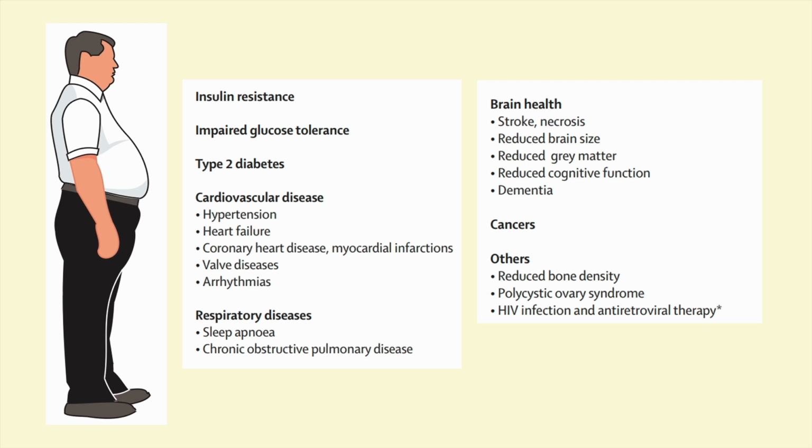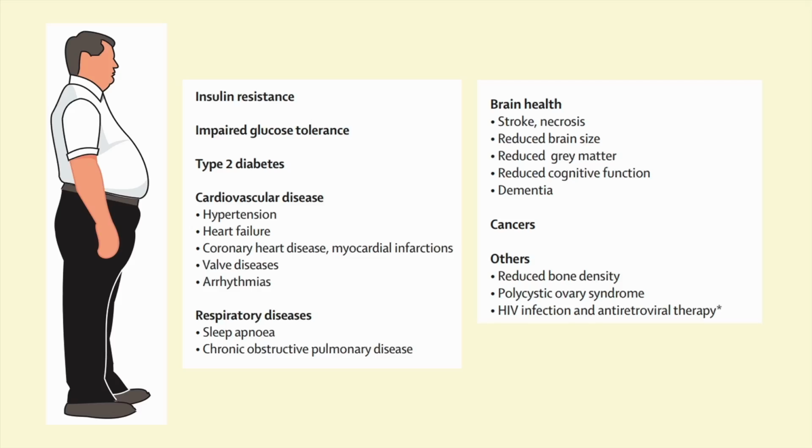This is later in the review paper, and this is the list of conditions that is associated with visceral fat. So when you think of visceral fat and you think of the dumpster fire inside the abdomen, this is potentially the list of conditions that you could develop over time. As I mentioned, insulin resistance is the overlying disease process at play, and we go down hypertension, heart failure, coronary artery disease, respiratory disease, sleep apnea. And what do we talk about? The fatty tongue. The reason why sleep apnea occurs with ectopic fat deposition is because the tongue gets too fat, and that obstructs the upper airway.